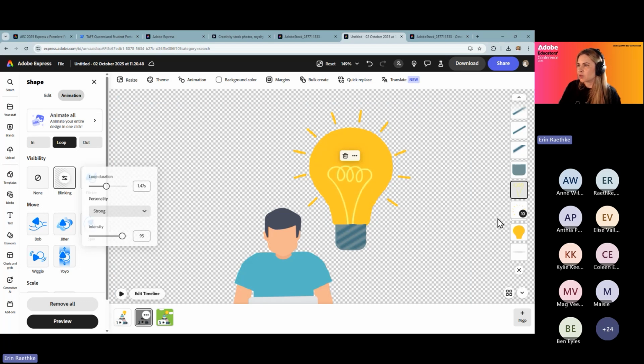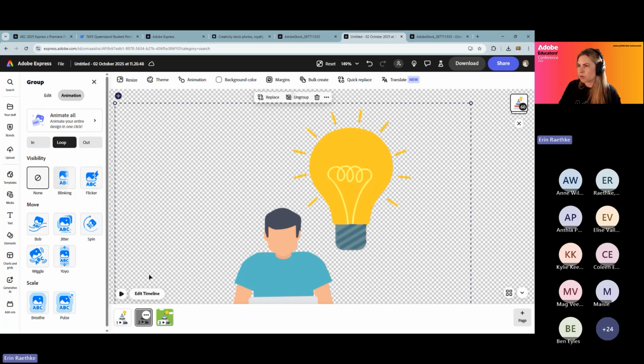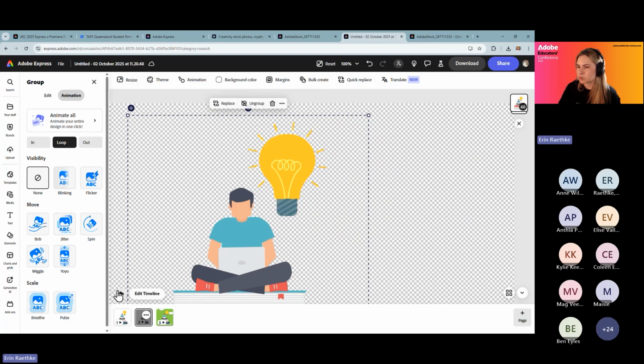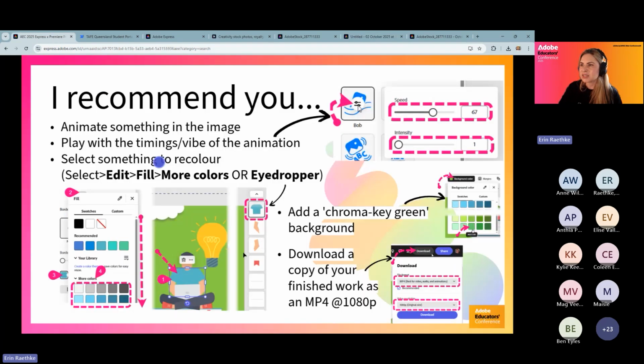Okay, so just with those few little modifications, we've gone from something that was pretty blank and just static to having a little thinking person typing away at their laptop with a light bulb above their head that is lighting up with their thoughts. Okay, so the next thing that we're going to do is